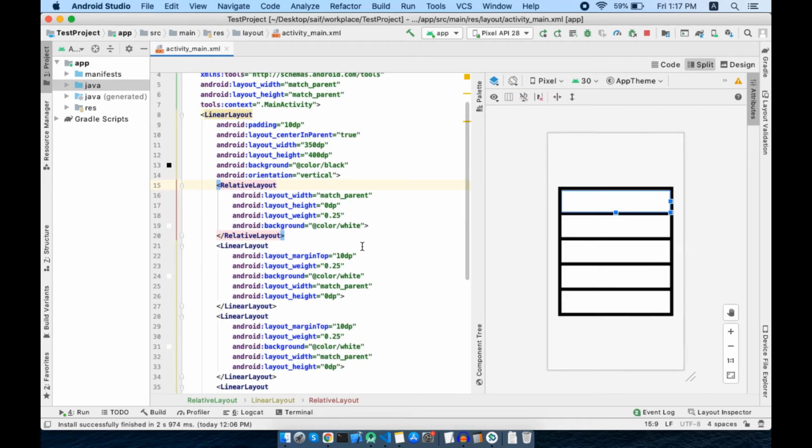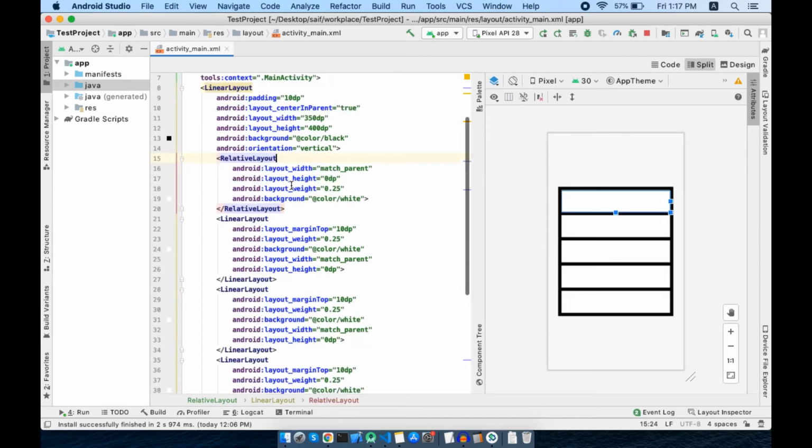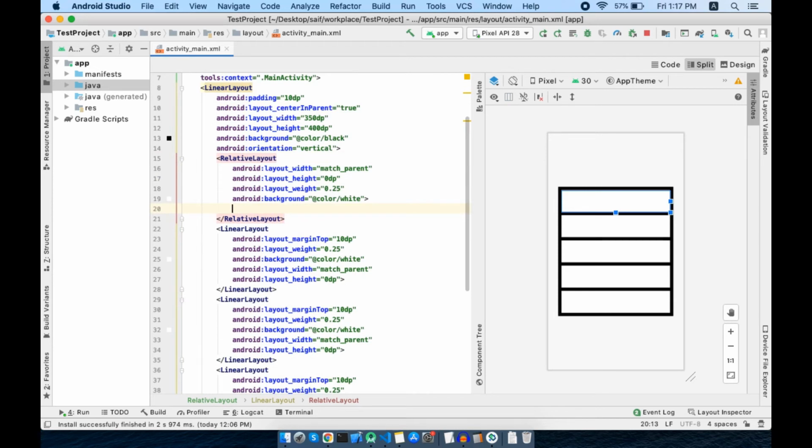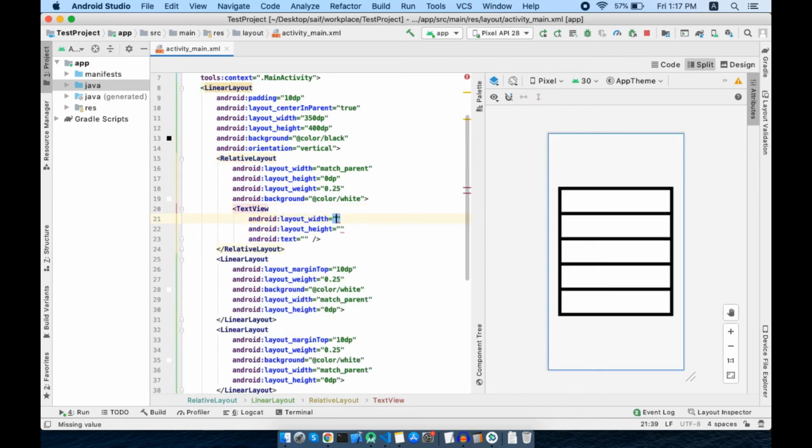Let's go to the first container, which is relative layout. We need to define text view inside here. Write text view. Set width to wrap content and height also wrap content. As we can set default text to 0.